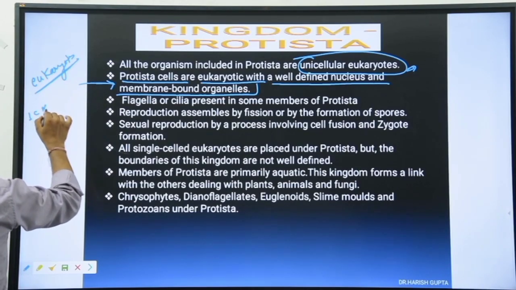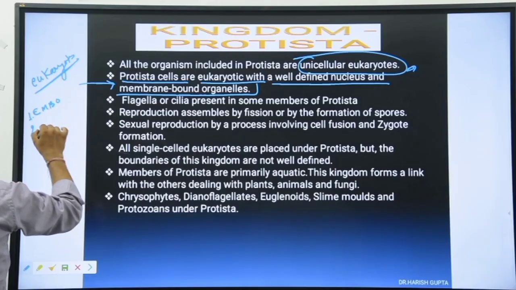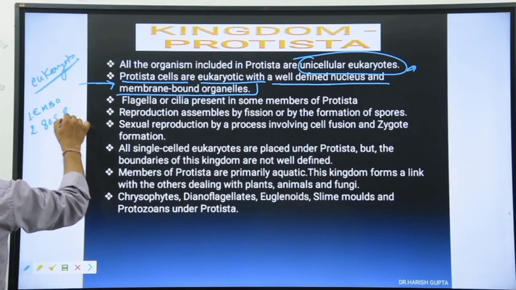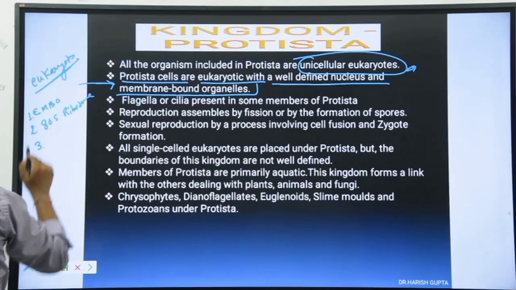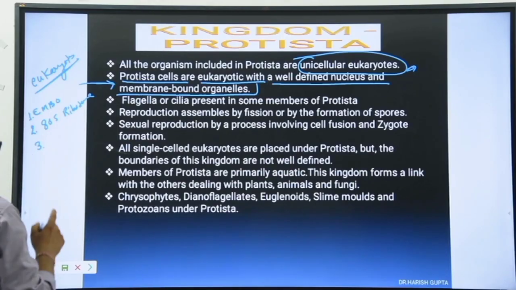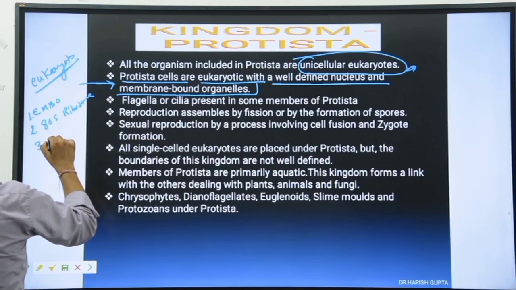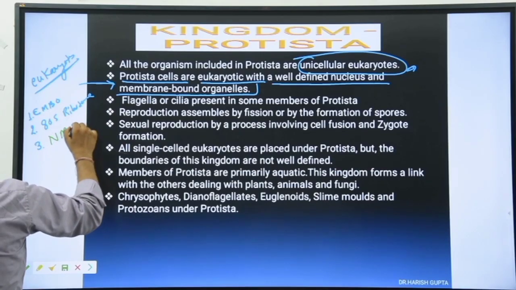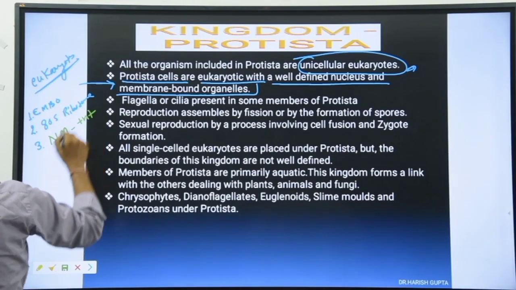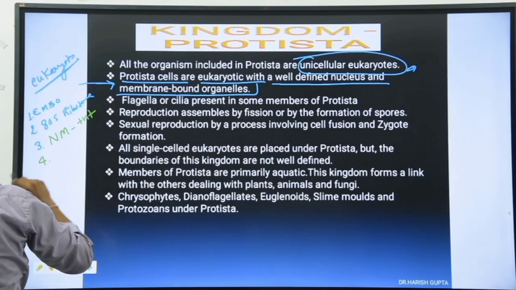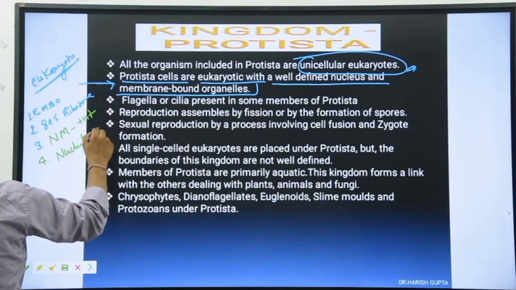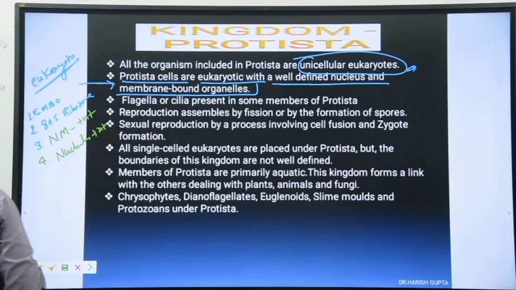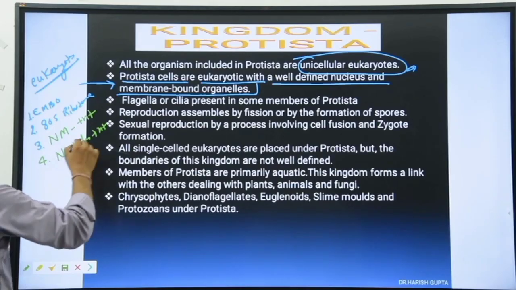Membrane-bound organelles are present first. Second, 80S ribosome present. Third, the nuclear membrane present. Fourth, nucleolus present. All are present, but here